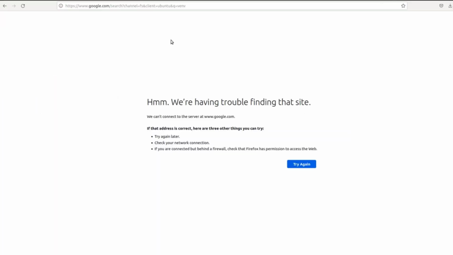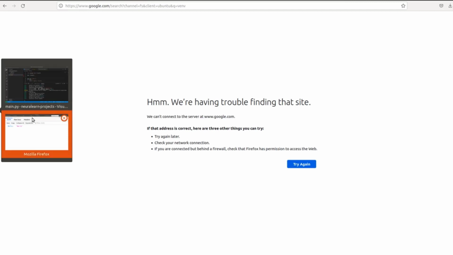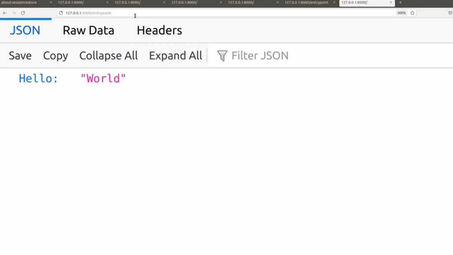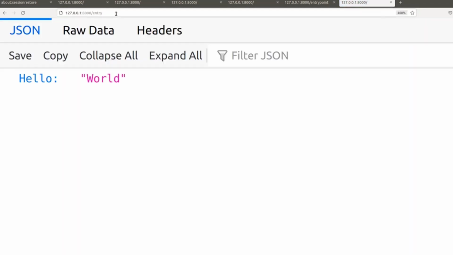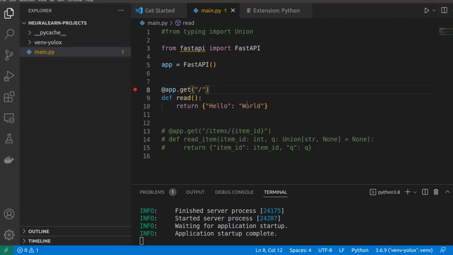So let's get back here, and then we are gonna run this. You see, it doesn't work, but when we do entry, it works now, and we didn't have to stop the server for that. The next thing we'll look at is another interesting feature of FastAPI,